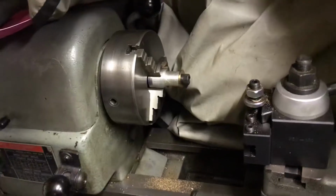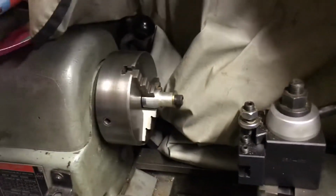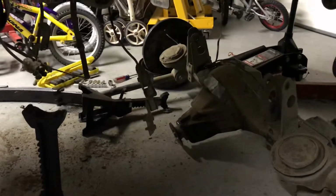Then I've got a mess of a garage right now. I also have a 9-inch swing lathe, which is really handy for being able to do 4-wheel drive parts, bushings, and whatever else you need for